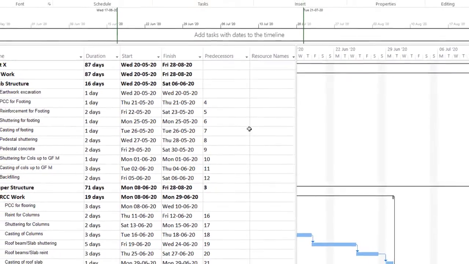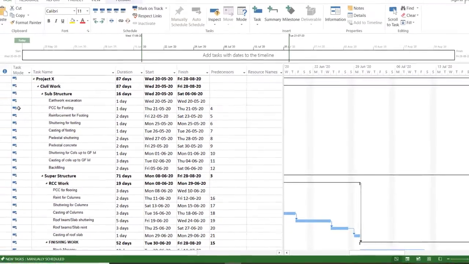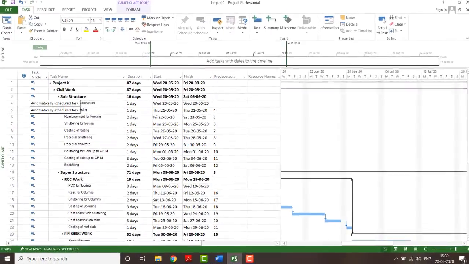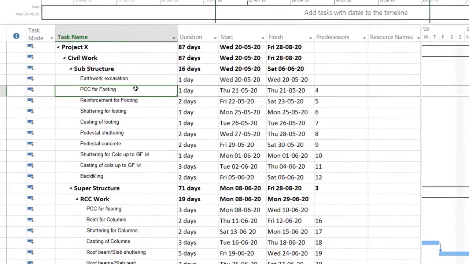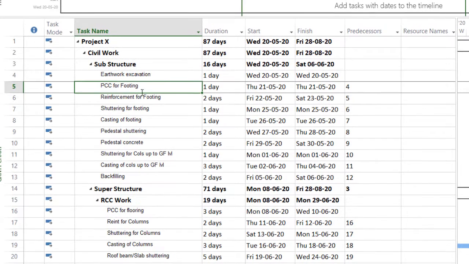See the 4, 5, 6, that means the serial number of your particular activity. So for the PCC work, for PCC footing, the fourth is the predecessor. That means the fourth work has to be completed; unless you complete this work, you cannot start it. So I'll give 4 as it is. Reinforcement of footing can start during the execution of work itself.